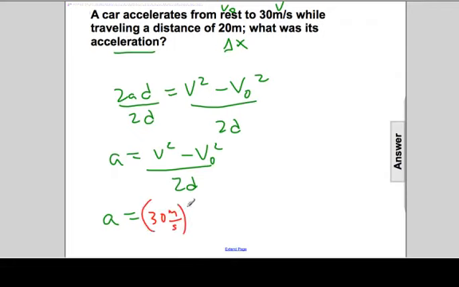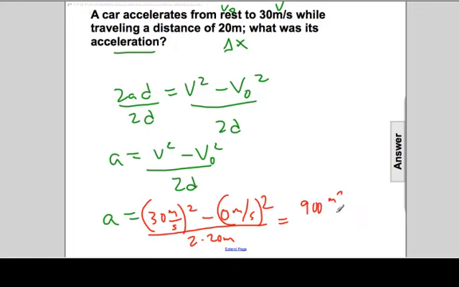We'll square the whole number and units, minus 0 meters per second squared, divided by 2 times the distance, 2 times 20 meters. 30 squared is 900